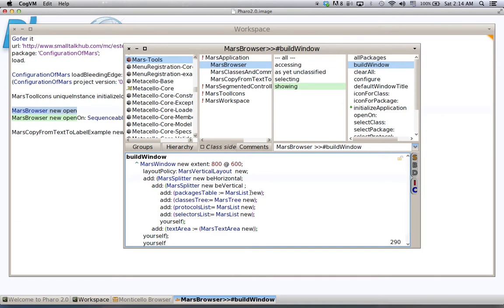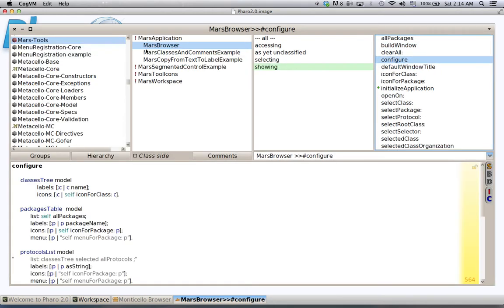And of course we are still not changing between methods on the instance side of a class and on the meta side of a class, but I'm already working on a segmented control example here that I will show you a couple of days later. So this is the basic build window method, and in the configure method, where we configure how these widgets interact with each other,